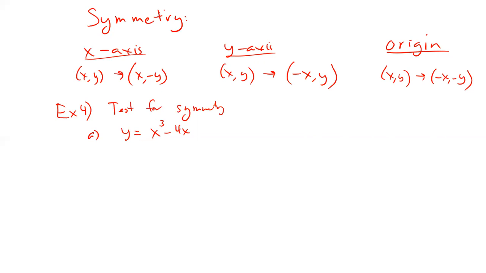So let's see, how do we test it? We plug in a negative for the y value. And if we get back to what we had before, that means it doesn't matter which one we plug in, a positive y or a negative y. Does that make sense? Like this one or this one, it would matter because we have x-axis symmetry. So if I plug in a negative for the y value, the question is: can I get back to my original function? The reason I say that is we just solve for y and see if we get the same function back again.